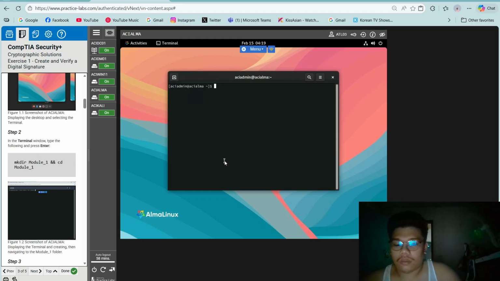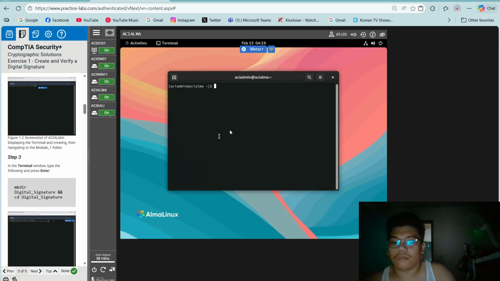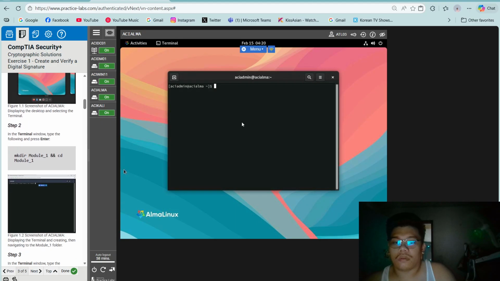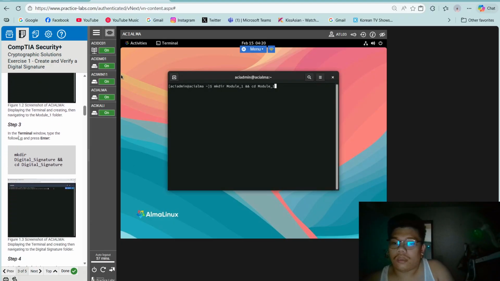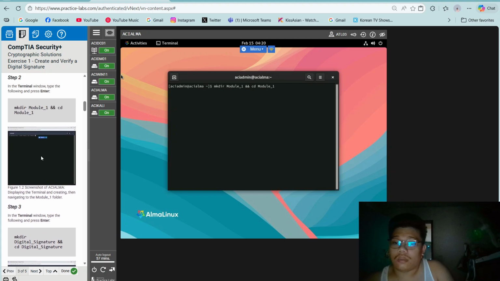So step 2, type this, then once you type it in the terminal, hit enter.